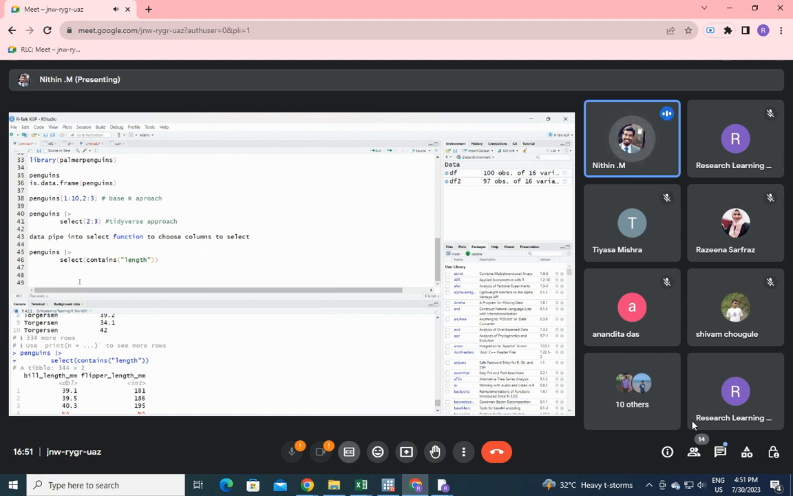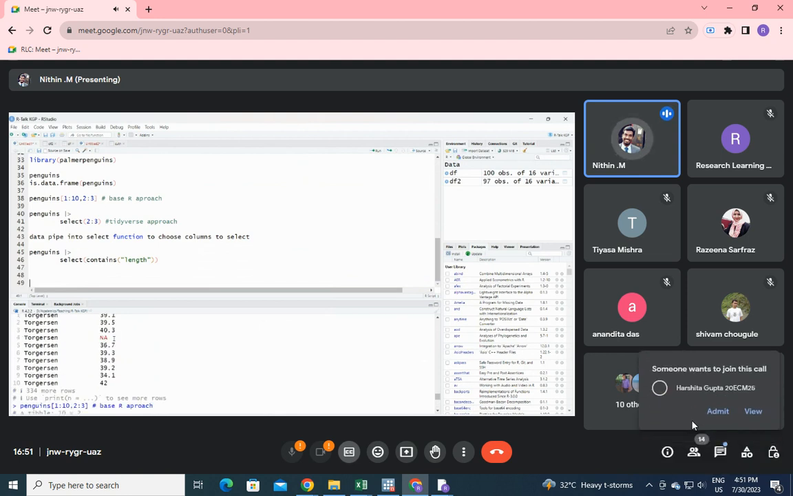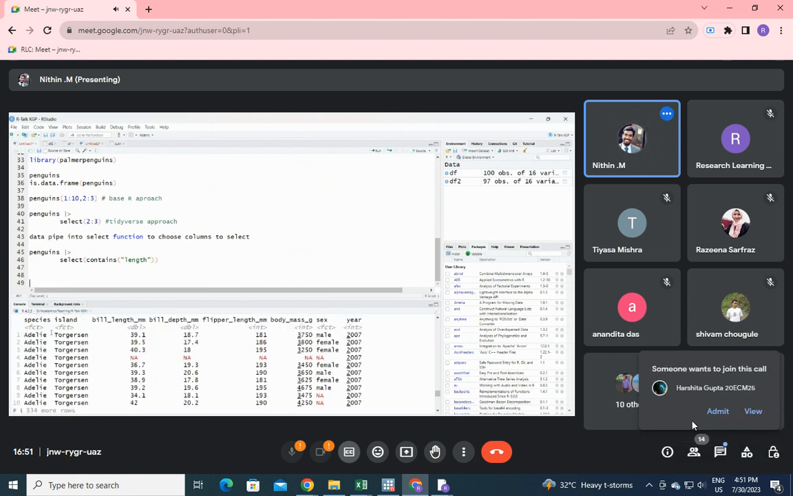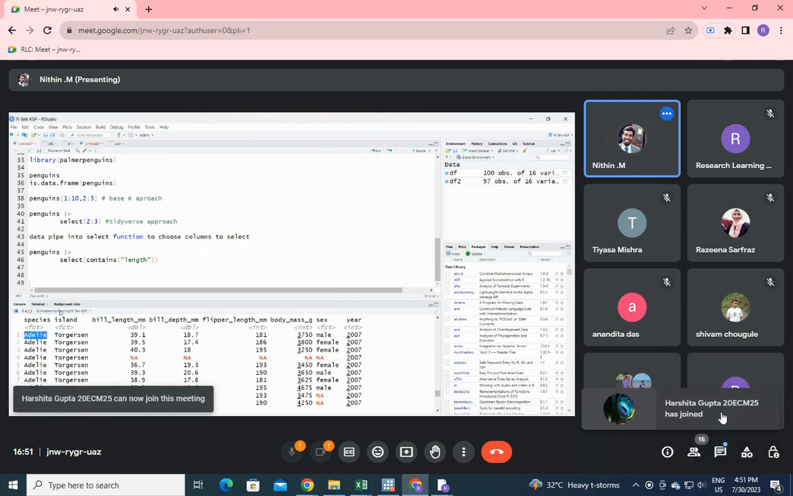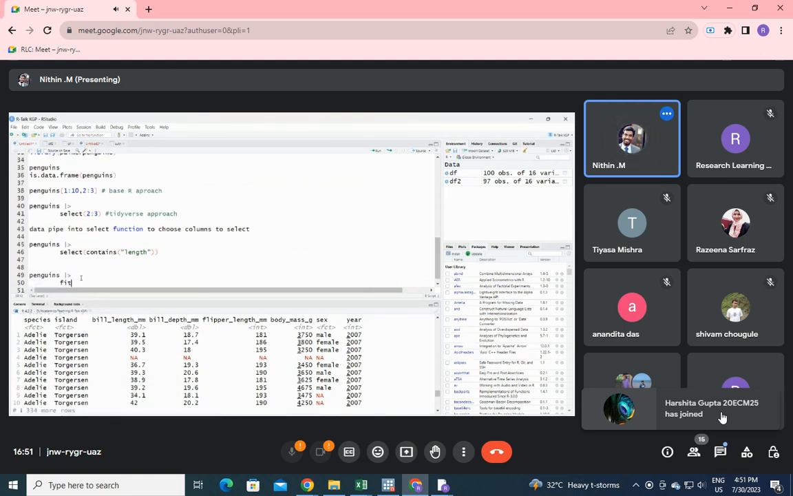Okay, this is selecting. What if you need to impose some conditions? You need to filter for species Adelie. Okay, what do you do? Penguins, pipe, filter, species equal to